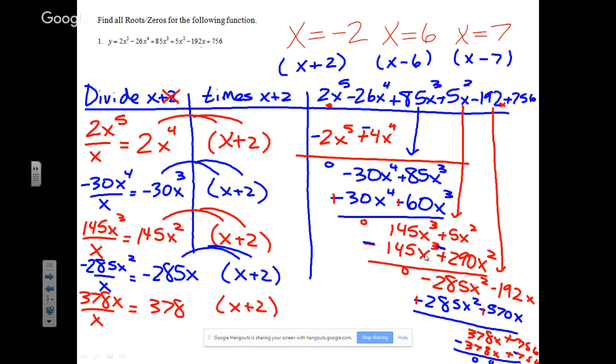It's equal to 0. So we are 1/3 of the way done with this problem. Okay? I said we're going to divide out how many things? 3. How many have we divided out? 1. So now we have to do this 2 more times. Here's a big mistake that a lot of people make, and I want everyone to hear this. We are now going to divide out x minus 6